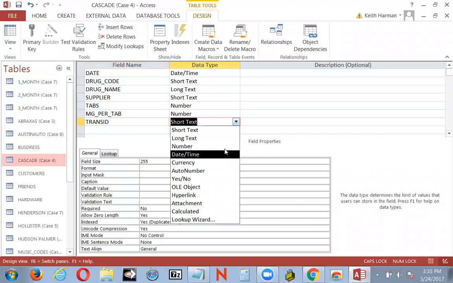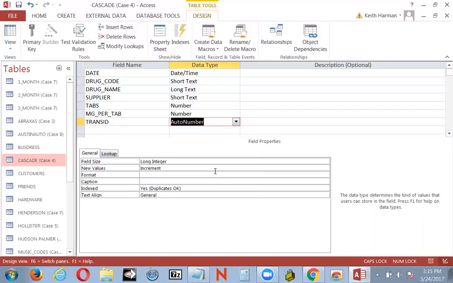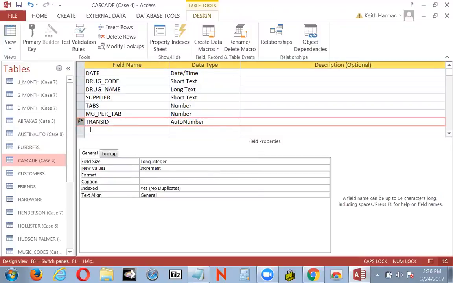And I'm going to make that an auto number, and then I'm also going to make it the primary key. We've talked about how to do that. As you saw, I put in the field name, I put trans ID, and on the data type, I chose auto number, okay? And that's where it just generates a number 1, 2, so forth,